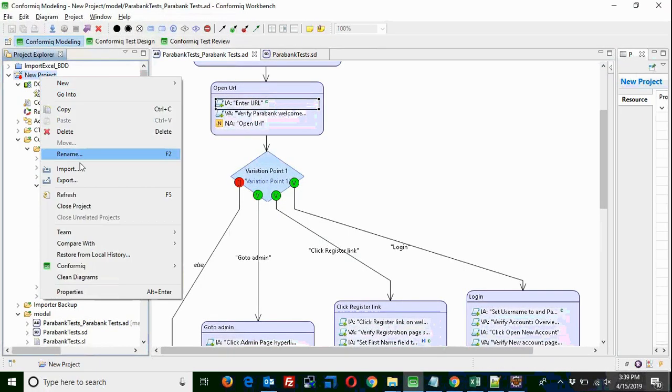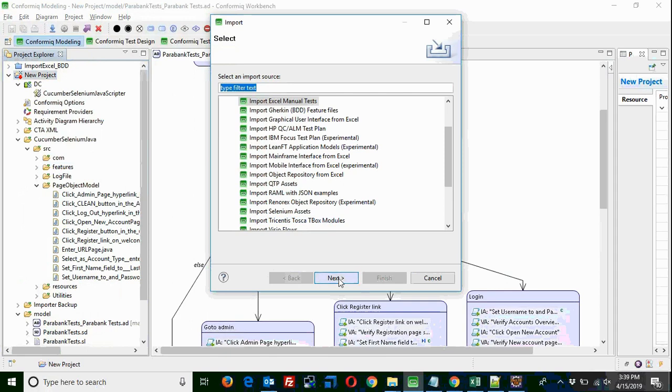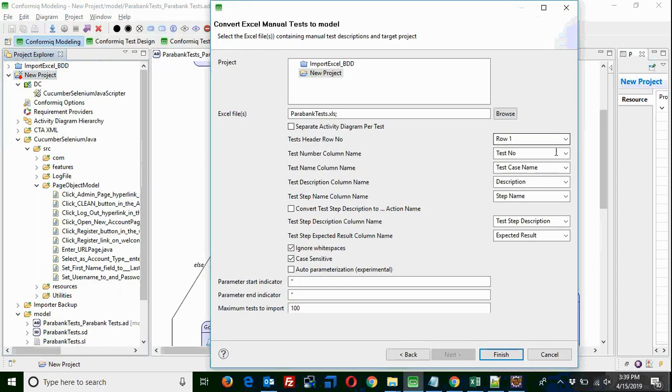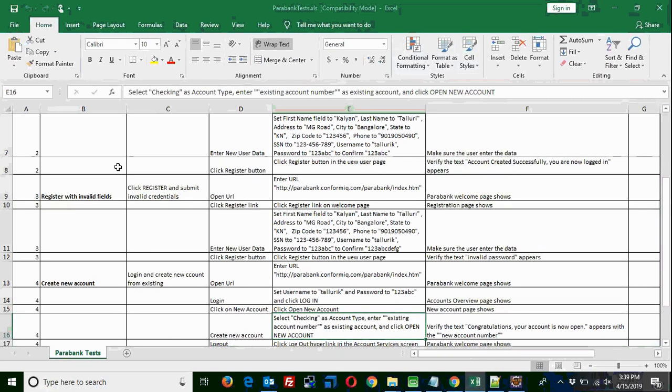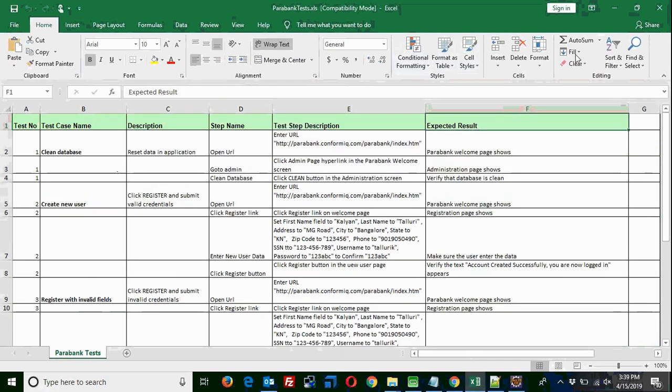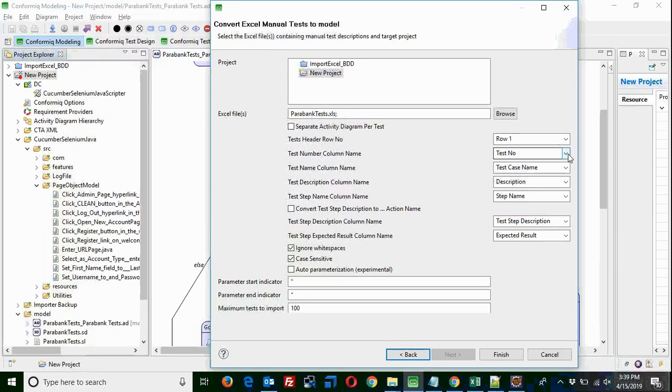Go to import. And one more thing, these Excel importers we can create as many as you want, because it is just a plain reading of that Excel. Imagine that instead of these 5 columns, you have many columns. So we are asking you to map it. For a test number, you can choose your own column if you want.